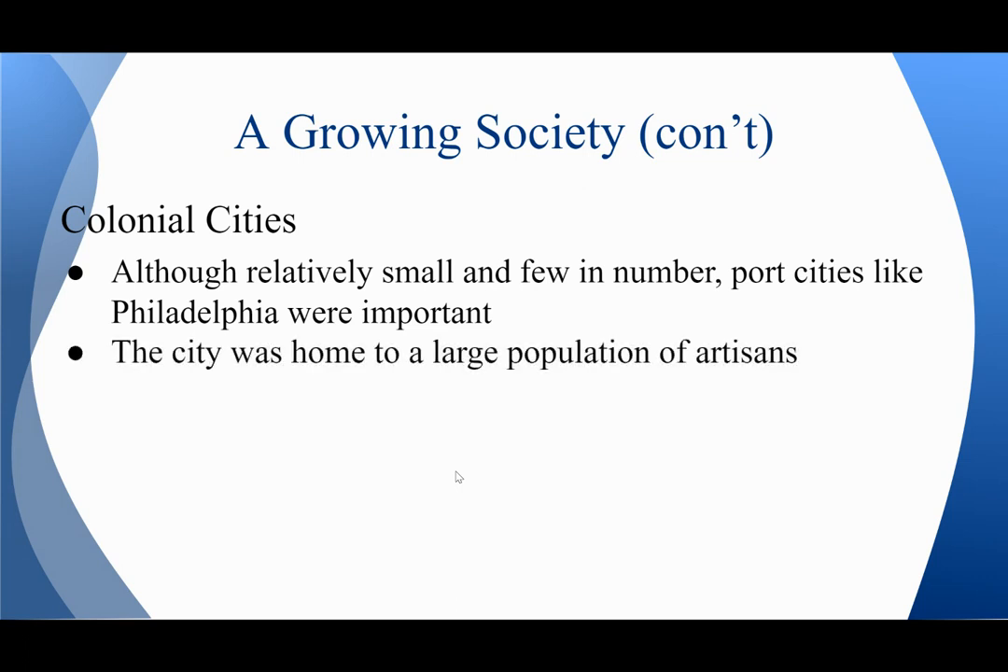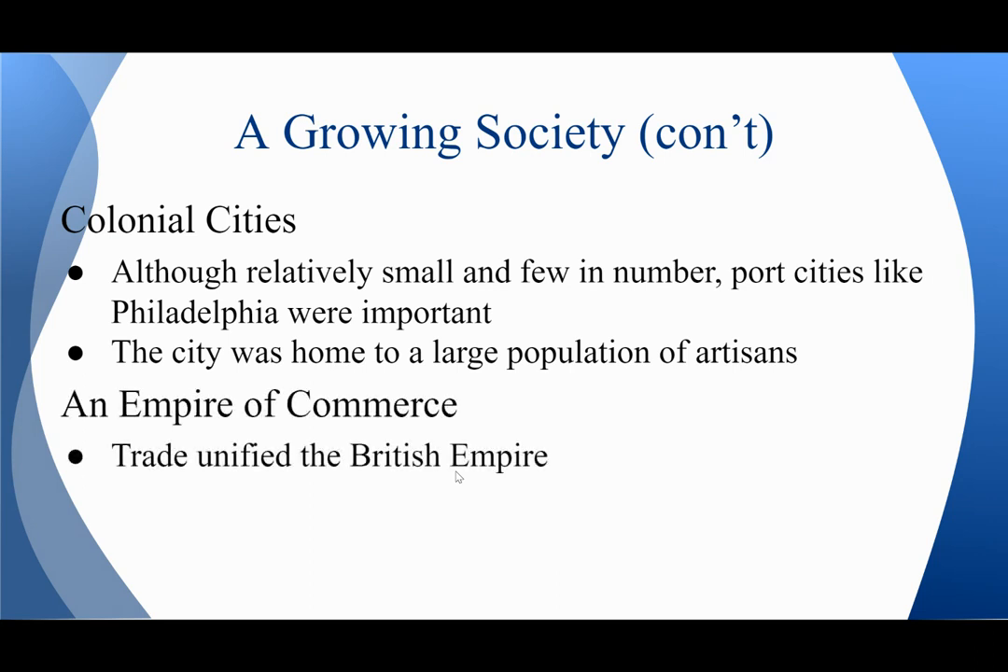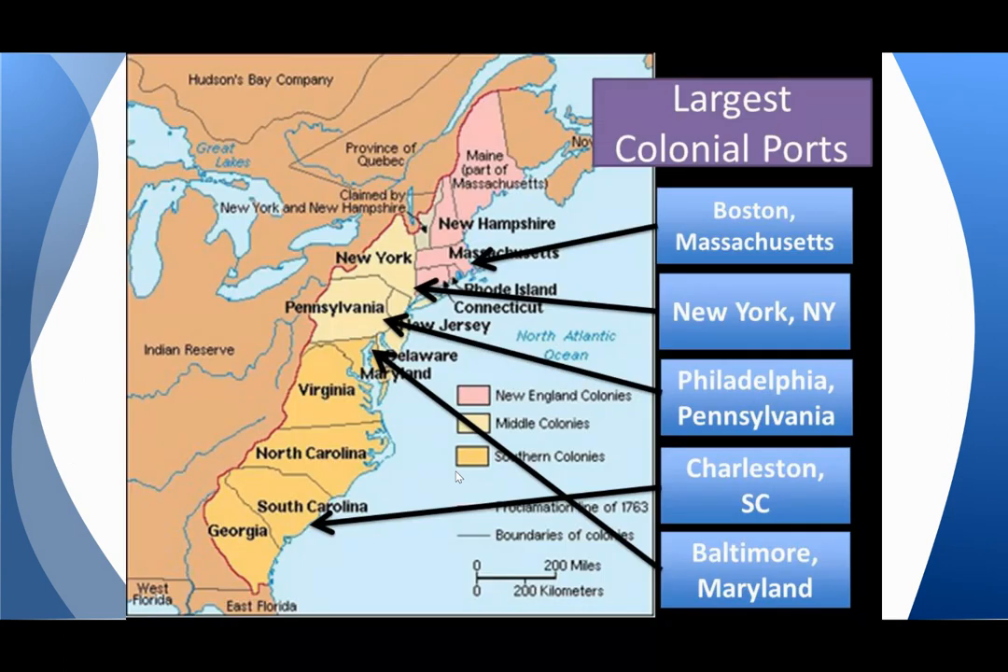So the city is home to a large population of artisans. These are people who are able to make craft goods and things like that. And what happens is that trade unifies the British Empire. The British Empire becomes an empire of commerce, and not just trade with their 13 colonies, but also trade with their colonies in South America and Africa and in India. And so if we look at the large colonial ports in the 13 colonies, we can see, again,